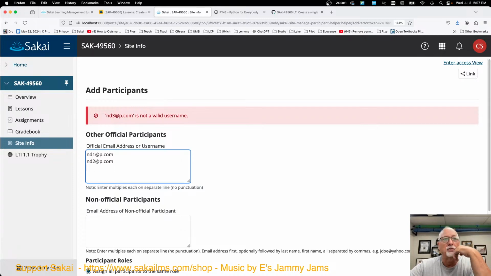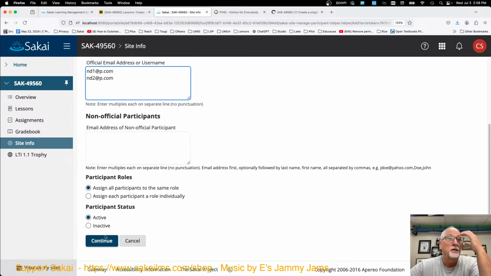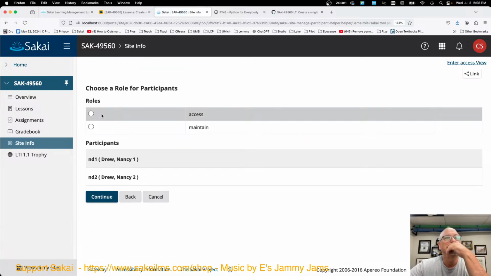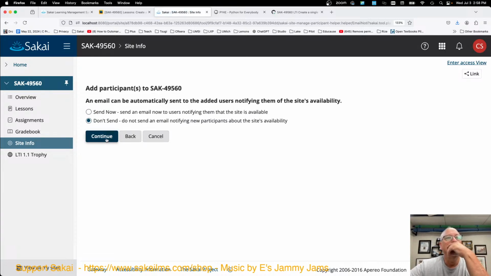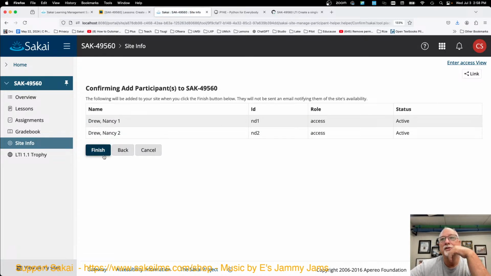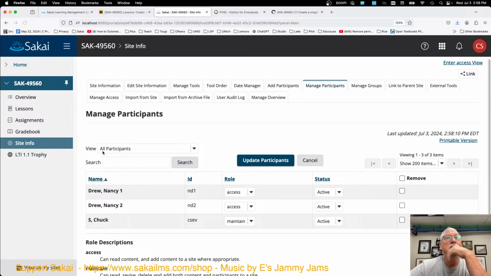Maybe I didn't do ND3. We'll see. We'll start with 2. I'm going to make him be in an access role. Don't send an email because my computer doesn't have to do it. And we're going to get them logged in. So now if I,